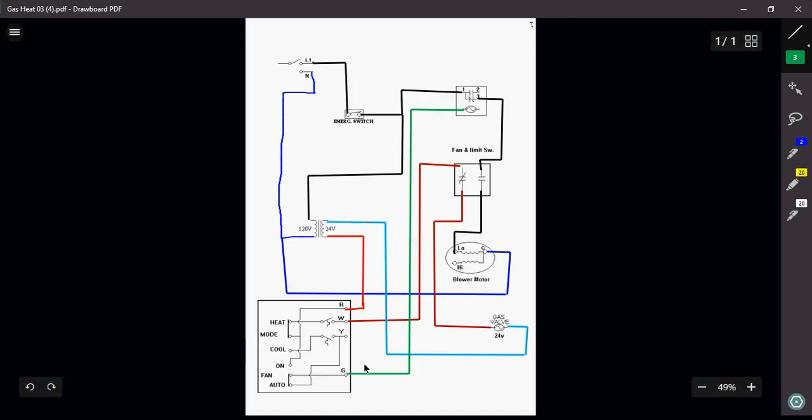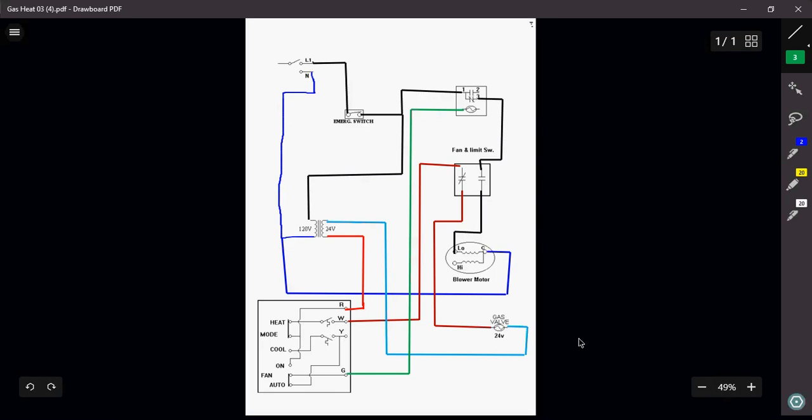So if I was in air conditioning, this guy would close. I'm not going to put a Y here because I don't have anything on this diagram to show you what the cooling side of it would be, because I don't want to confuse anybody. So what we're doing here is we're just showing you how the fan changes from low speed to high speed based off of whether we are in heat or we are in air conditioning. So my G, if this guy was to close,